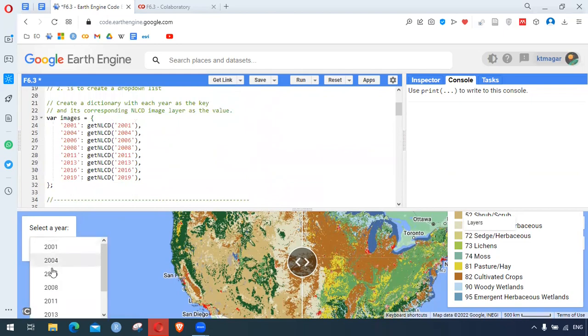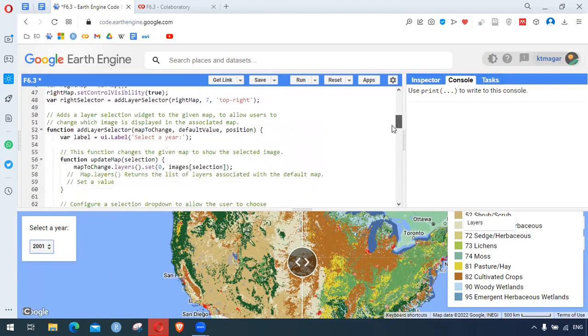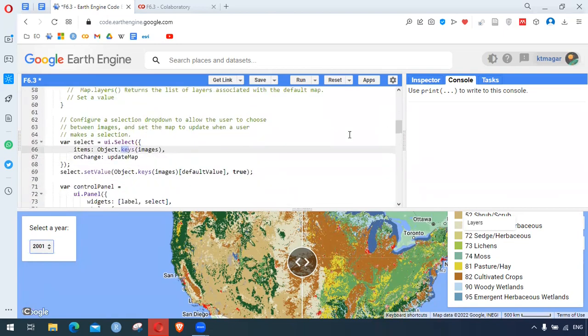So these are appearing from them, and there is also this on change. Every time we click, the map will be updated. So this is some parameters within the UI.select, and every time we click, there will be some changes